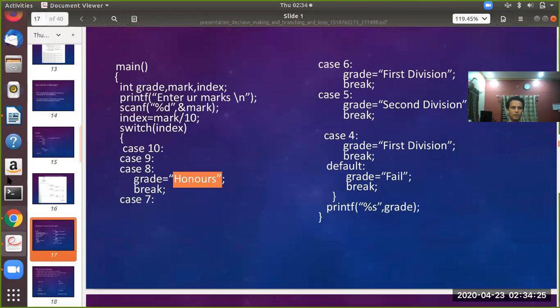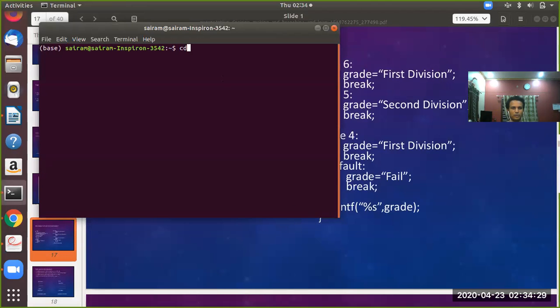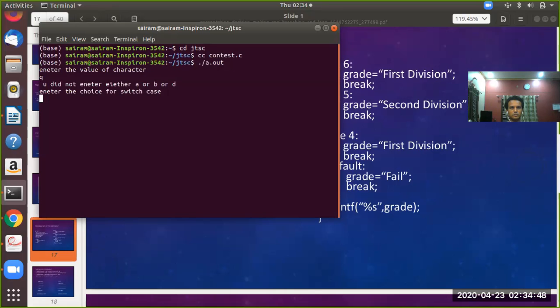So fine, we will go back to the program and execute the program that is written. cc contest.c. See, it is asking "enter the choice for the switch case".